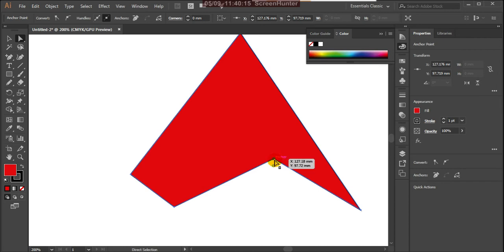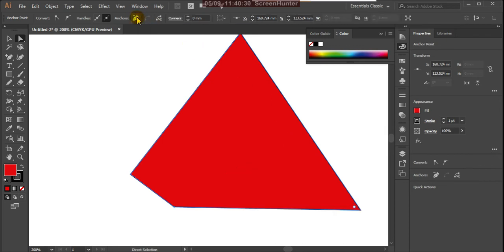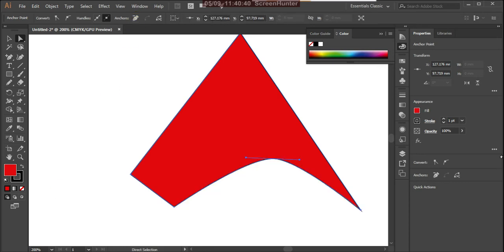Okay, and that straight you can convert into smooth. Otherwise sometimes you don't want this point here, you want to remove that. Just select that point and click remove selected anchor point. You can remove it as per wish. So this is very helpful when you want to make shapes, logos and all. Okay, good. And then just below that there is a delete anchor point tool. Yes, this and this are both the same, just now explained.